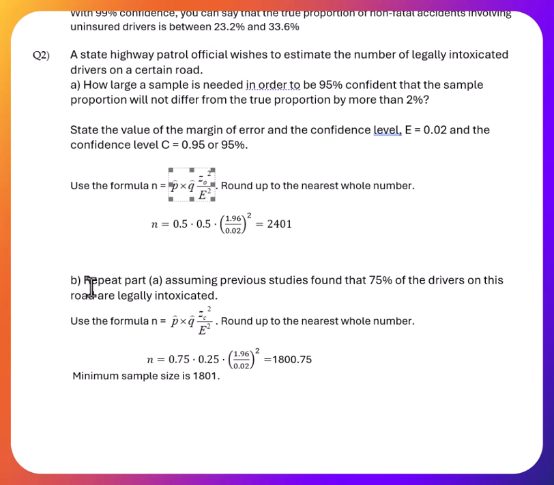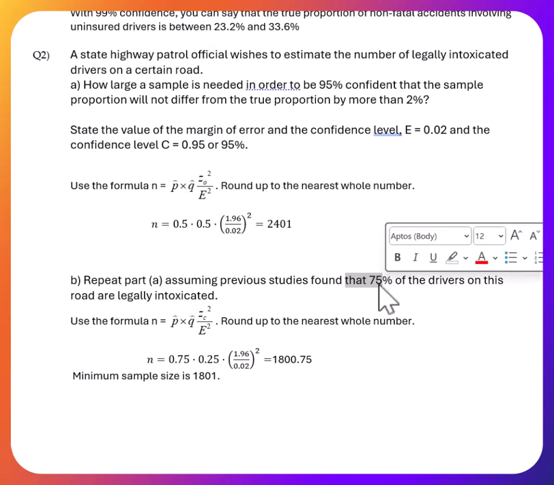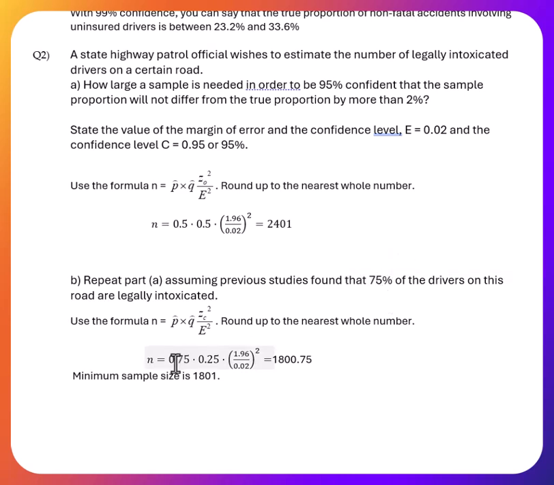Now in part B, he says repeat part A, but this time he's going to give us information about P hat. Assuming previous studies found that 75% of the drivers on this road were legally intoxicated. So this is a P hat given to us, so we're not going to use 50%. We're going to use 75% for P hat. But what is Q hat? Q hat is 1 minus P hat, so it will be 25%. And then, guys, same thing here. I just copy it and paste it right here. And I got this answer,